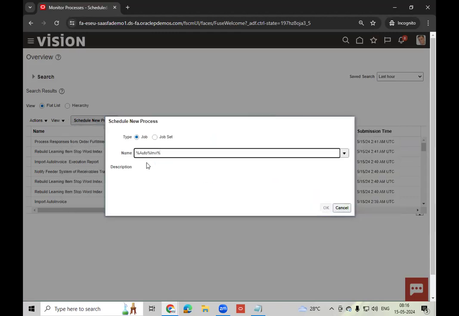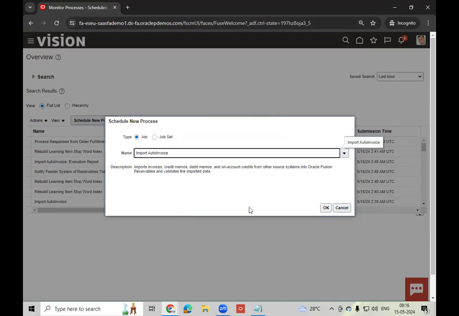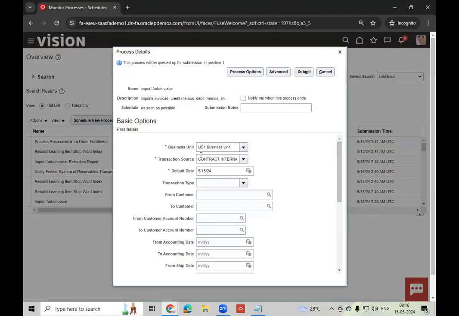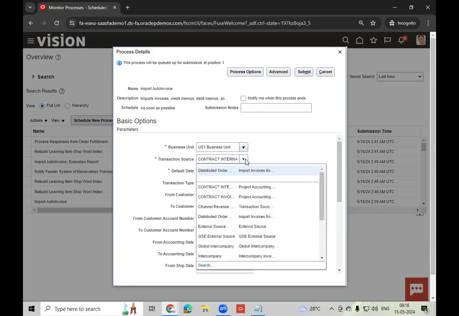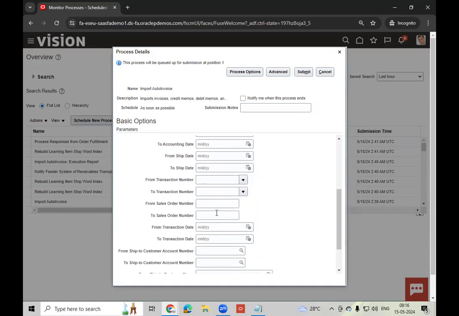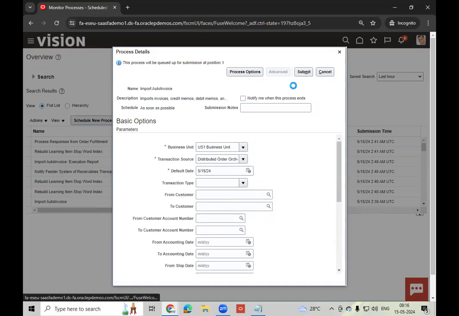Also, how to release automatically, how to pick automatically, I'll show you. ES1 business unit, distributed order orchestration. So default date. And I'm not selecting any other details. Here you go to advanced,